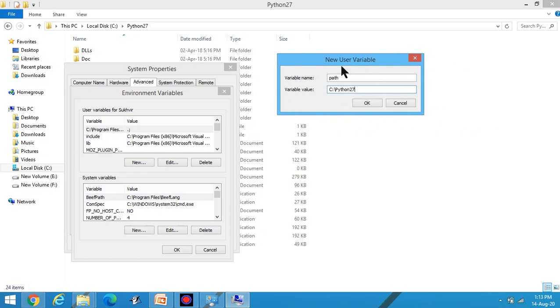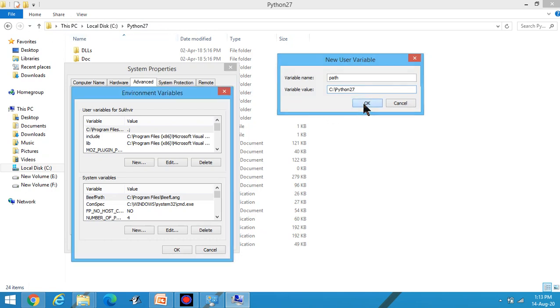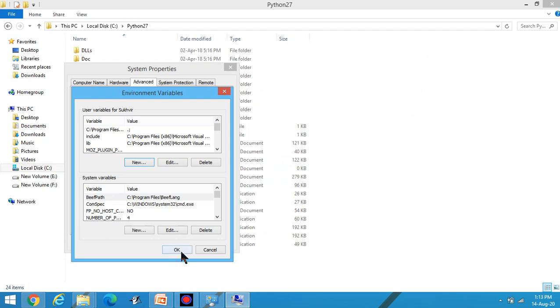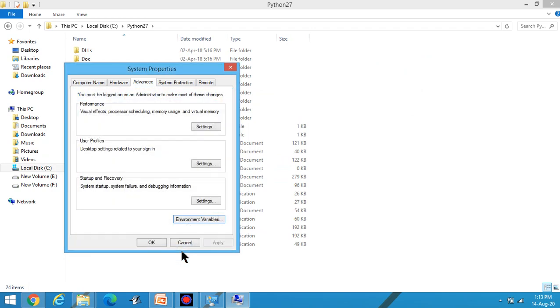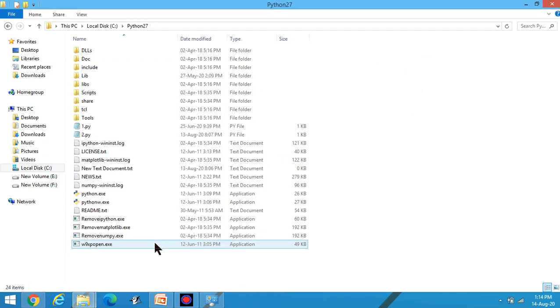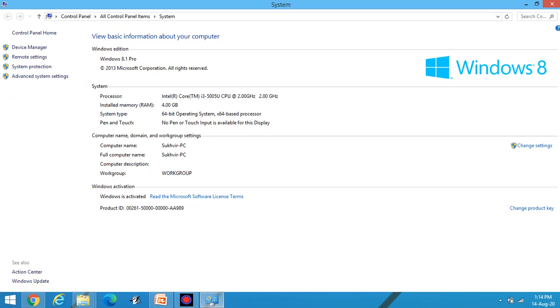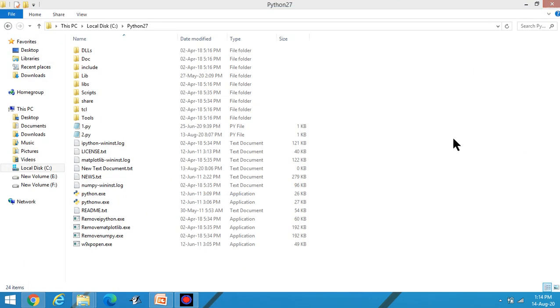I repeat again, variable name, path, then variable value. You have to paste the path where Python is installed. Then click on OK. Then again click on OK. Then OK, like this. Then close this window.